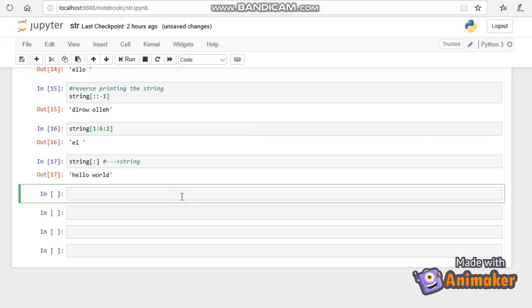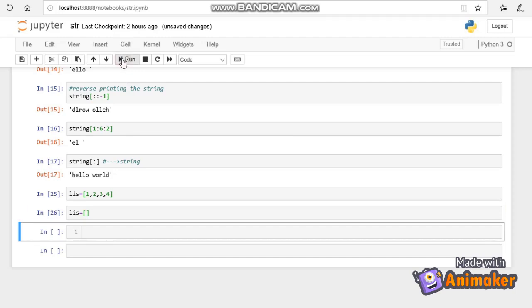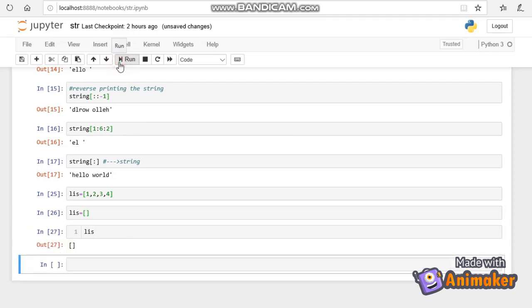So now let's do some hands-on with list. We know that list is an ordered sequence that can contain a variety of data types or objects. So let us take an example. List equal to, we will take numbers 1, 2, 3, 4. So this is how the list is created. The list can also be created simply by putting square brackets.